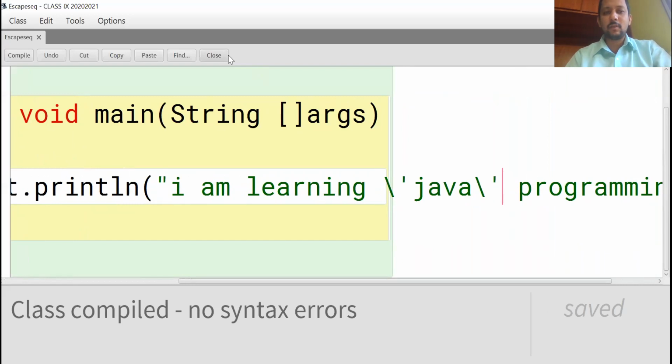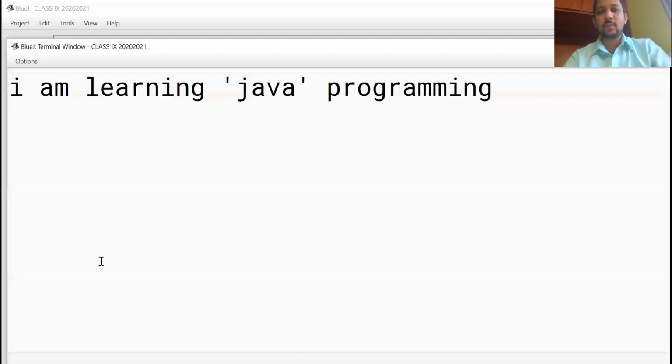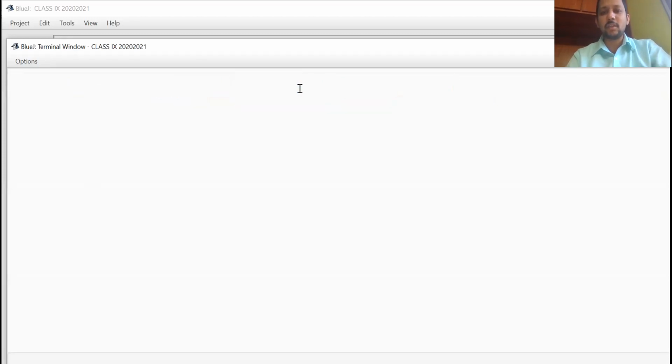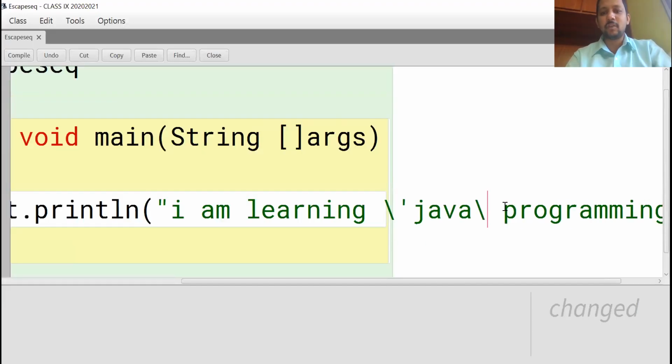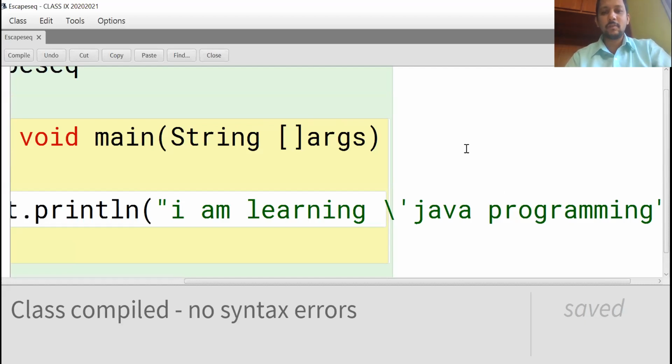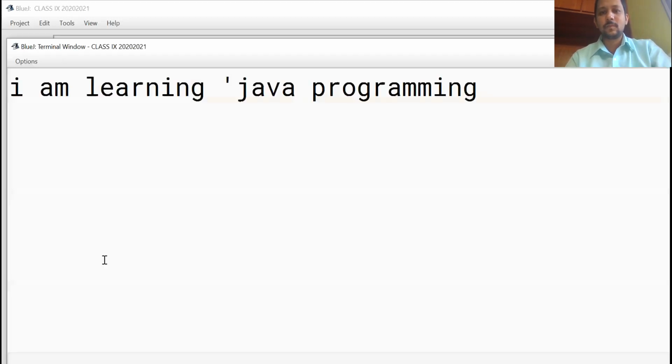Now see, it is enclosed on both sides in single quotes. So this is one escape sequence, the single quote. If you want only one side, remove this one. Now observe, this is the single quote on only one side.